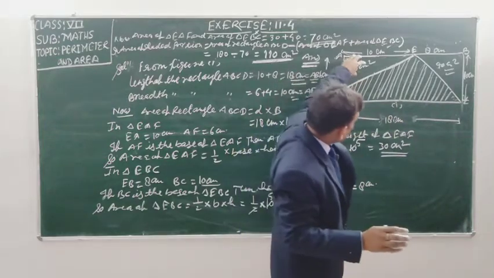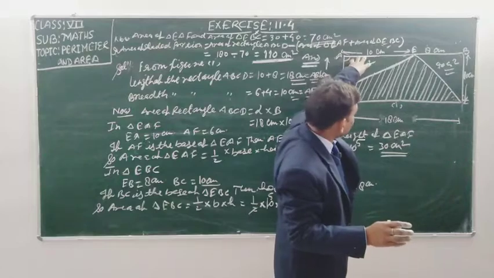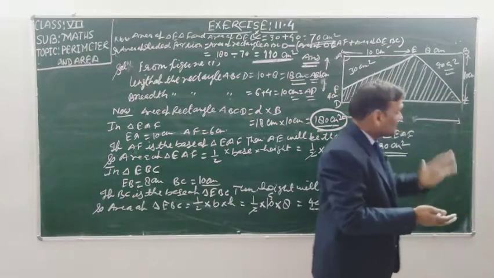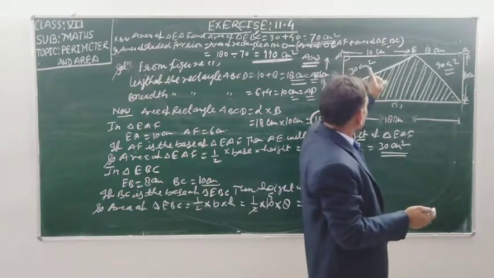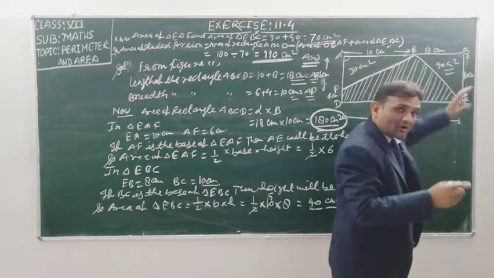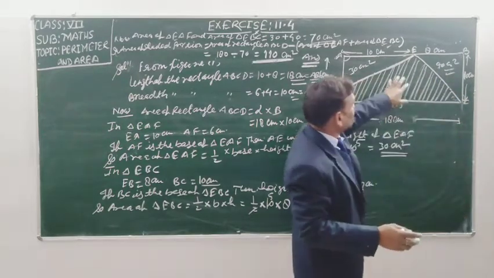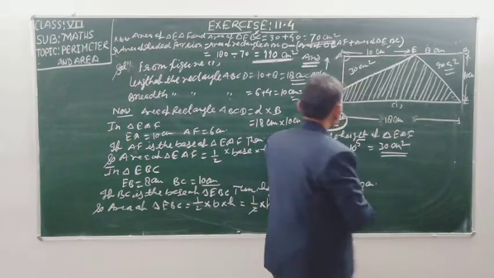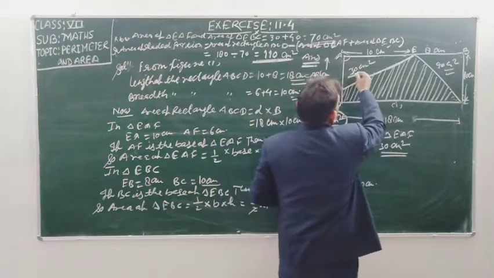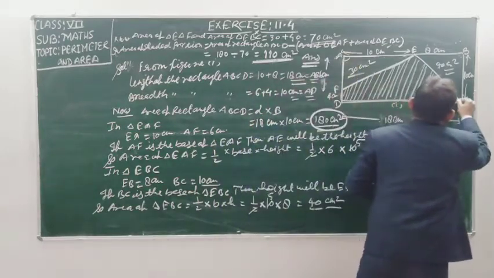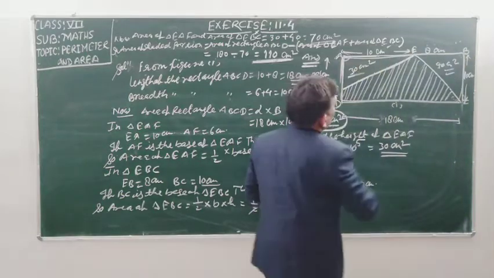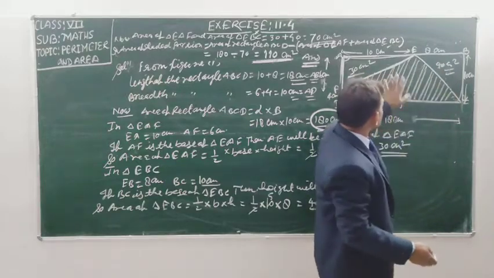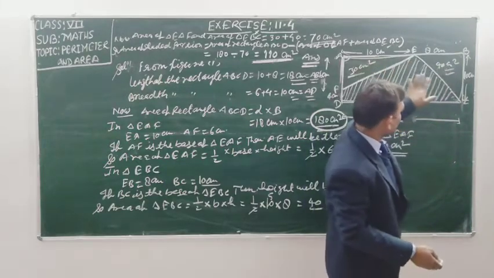If we are able to find out the area of this triangle and this triangle also, and if we subtract the area of these two triangles from the area of the whole rectangle, then we will get the area of the shaded portion. So this is the work I did. Firstly we find the area of the whole rectangle. I found the area of the whole rectangle. This is the total space, how much area there is, I found the total, in which this is also a triangle, this is also a triangle, and this is also a triangle.